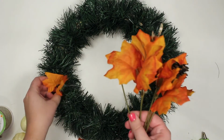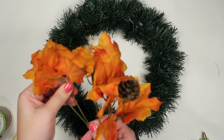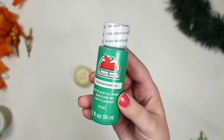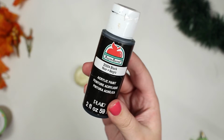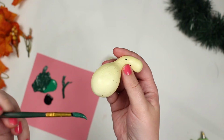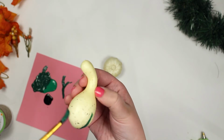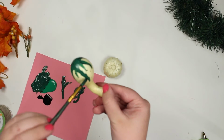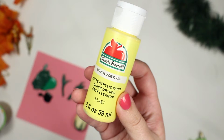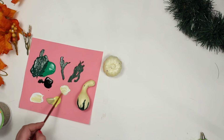And then I have these bushels of fall leaves and other assorted little pine cones and gourds or pears. I took all of those off of the bushel, used this new Shamrock green and black paint, mixed that up to paint these little gourds. I used a reference picture online to see what these gourds really looked like. Some of them are actually just plain white, but I wanted to give them a little bit more character and a realistic touch. And I have these yellow flame, khaki, and white paints, mixing those up to give another dimension